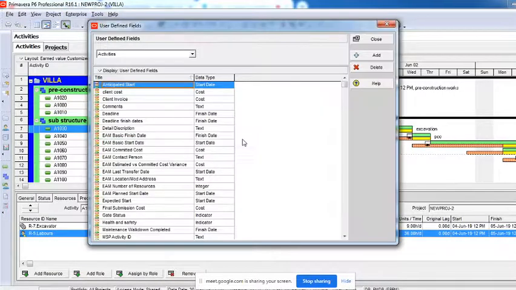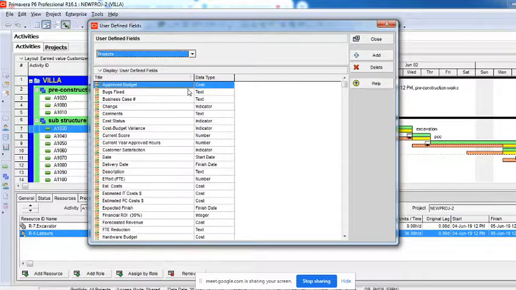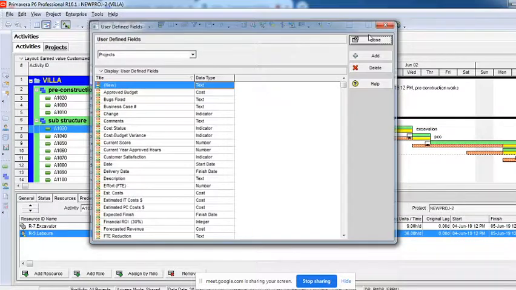User defined fields: select which particular page you want to create this user defined field. Probably if it is for projects, select a project and then say add, then give what you want to create as a column, what the input of that is, and then say close.